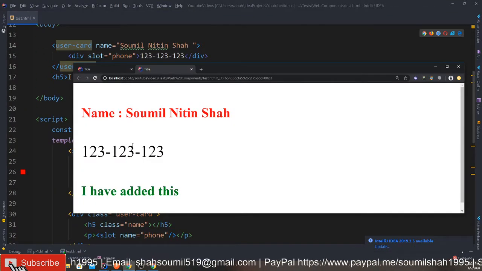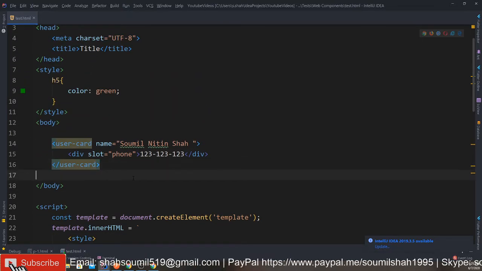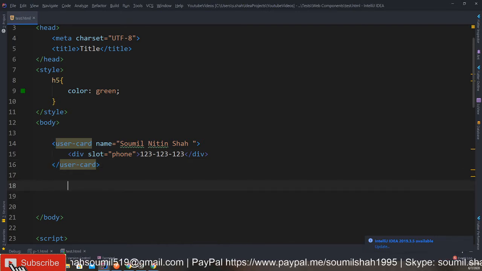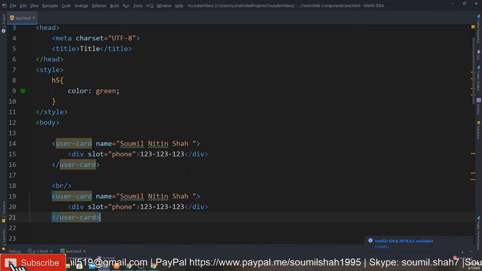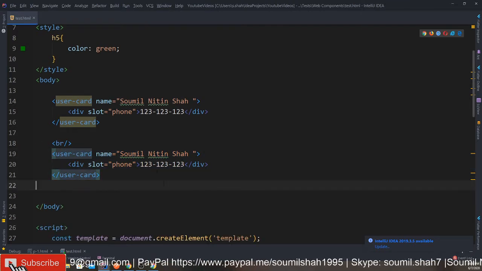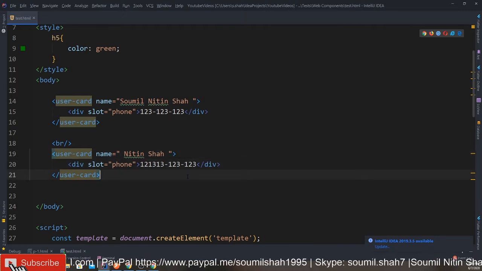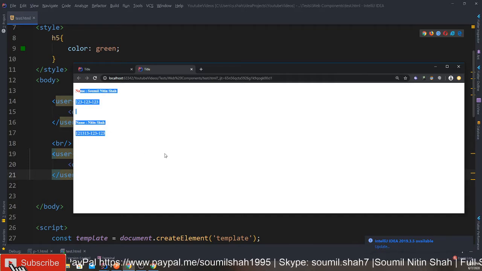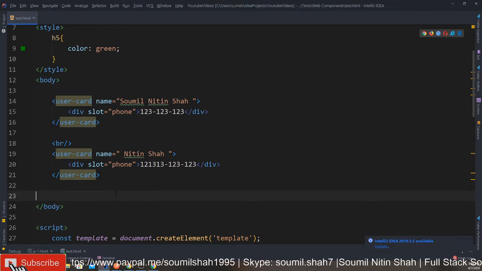One sec, let me show you one more thing here. Now if I want to replicate this, I don't have to rewrite my HTML code. You see what I'm saying? I can just replicate my web component here. I can say Nitin Shah, whatever XYZ, replicate that, and here you can see. So this is how a web component works. I hope this is a very good starting point for you guys. If you have any more questions, list your questions below.